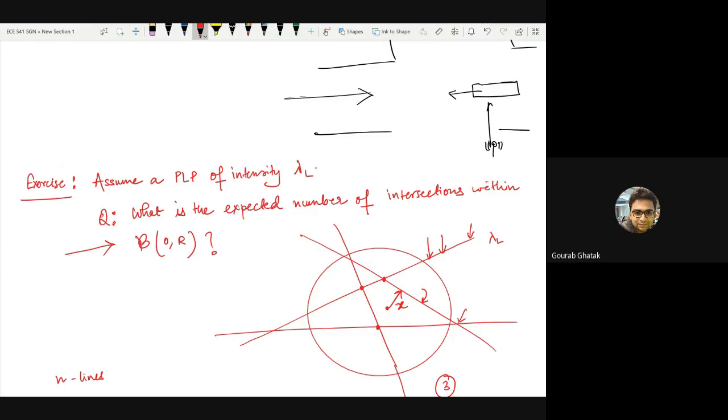Which is the void probability, which is simply e to the power minus lambda L times 2 of the distance, which is the square root of this. But once you condition on the event that there are no intersections on this line L1, the remaining lines cannot be considered independent of L1. So it automatically means that there is no line L2 which intersects with it within the circle, by the way. It doesn't mean that they are parallel, of course. They can intersect outside line L1. So there are lines like this, for example.